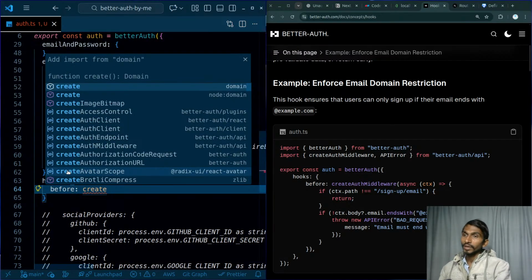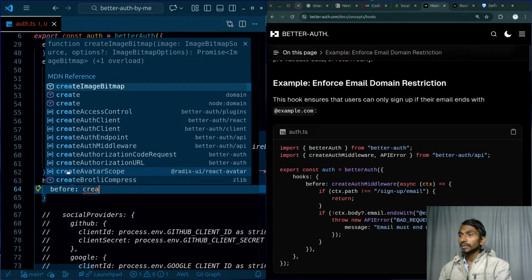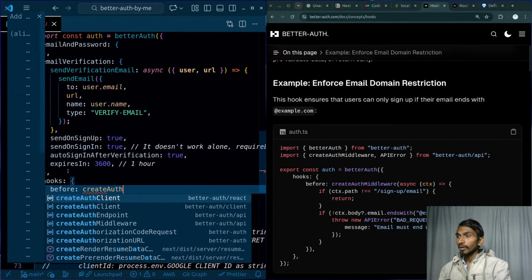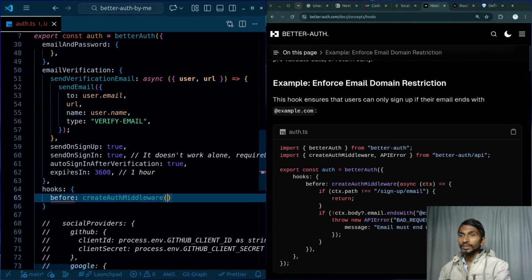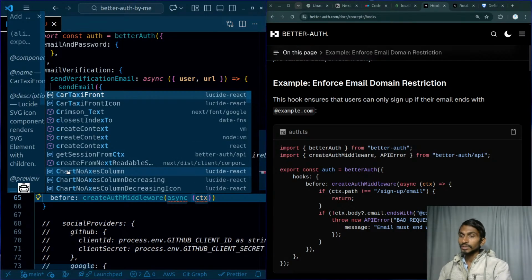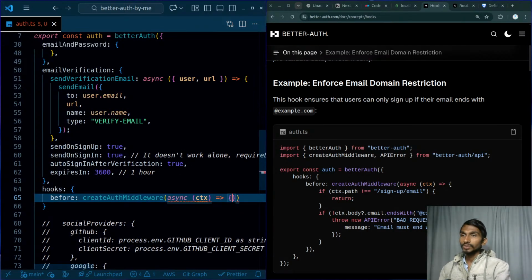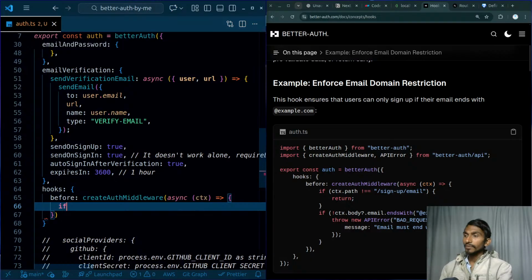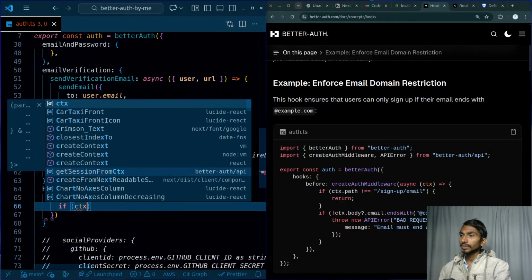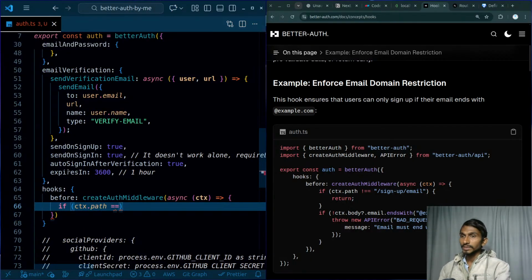I will be creating a middleware. You must know the middleware. Everything should go through that middleware. So I will create auth middleware just like this, and once that is created, I will have a function inside this. I will be getting my context, and inside this I will check if ctx.path that I'm actually getting is equal to what? That is equal to slash sign up